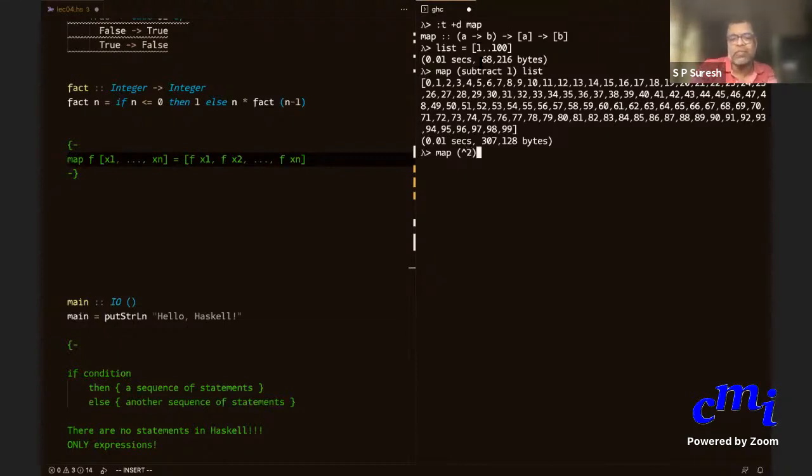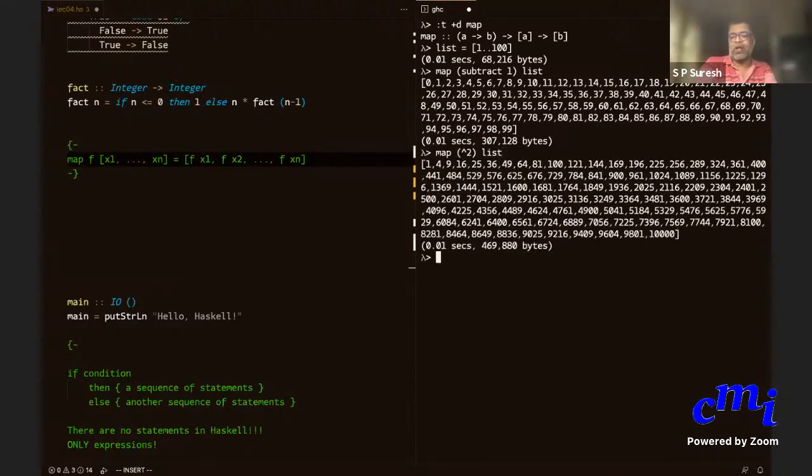This caret, C-A-R-E-T, as they call it in English, is the symbol used to denote raising to the power. So caret 2 means raise to the power 2, and if you raise your list to the power 2, then you will get all the squares.